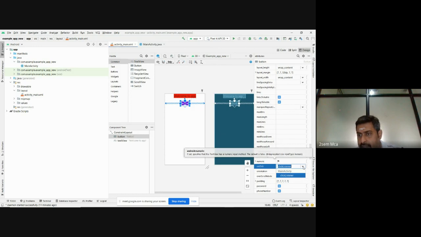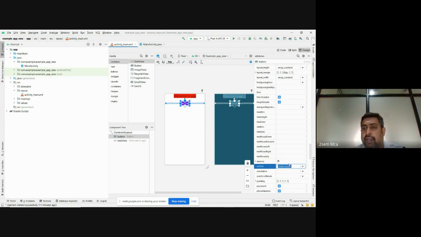You have to select the function that is there here. Once you have defined a function in the main activity, it will automatically appear here. So click on this particular thing and select that particular function. It's in blue color, right? So no errors here. Now whatever change is there will happen. The onClick property is there, so on click of that particular button, it will call this particular method. Yesterday we missed that step. That's why we couldn't find any change in the text view. So always we have to connect that particular method, and you should call it here with onClick. Now, if you run this particular thing,